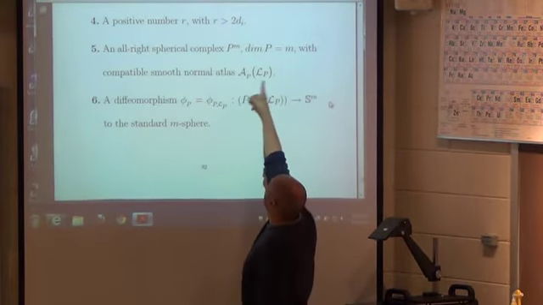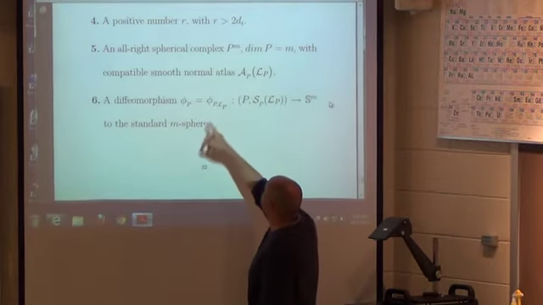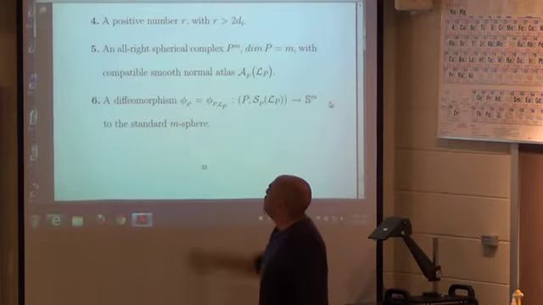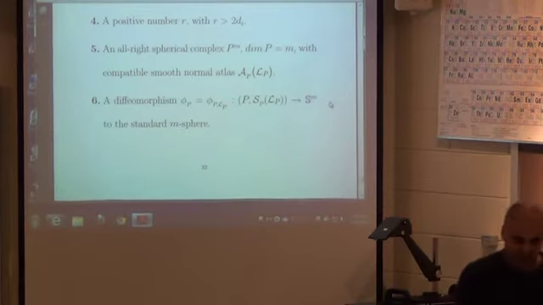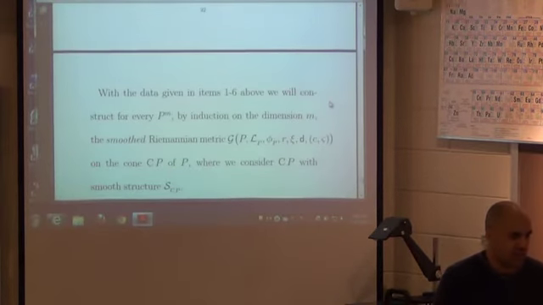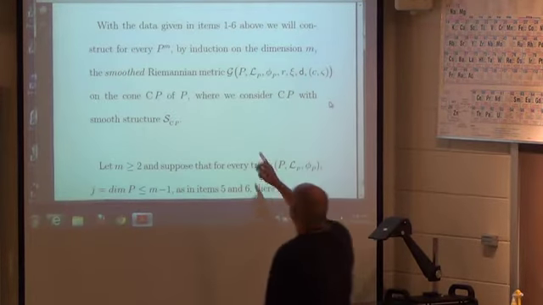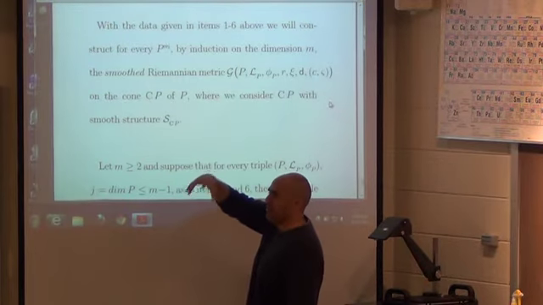This is a normal atlas on the sphere. This is just a diffeomorphism because these things are spheres. You need a diffeomorphism of the whole thing. Using all that information, canonically you can actually smooth the metric and construct a smooth metric on the cone of this